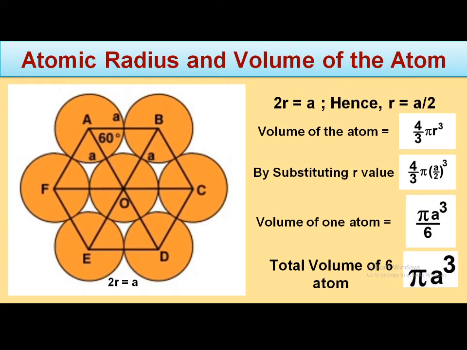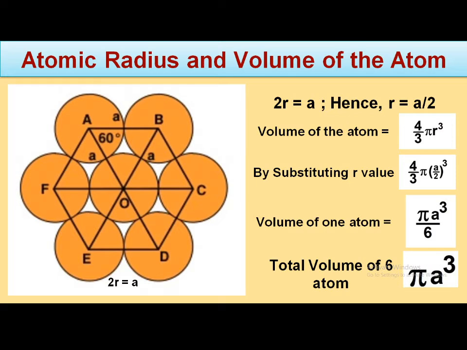When we talk about atomic radius and volume of the atom, these are the important factors to find the packing factor of the hexagonal close packed structure. If we take only the bottom layer or the top layer, it has 6 corner atoms and 1 face center atom. These 6 corner atoms make this hexagon. It has 6 equilateral triangles. Let us consider AB alone, which is the side of the hexagon. The side of the hexagon is a, which is otherwise 2 times the radius of the atom. So 2r is equal to a, hence r is equal to a by 2.